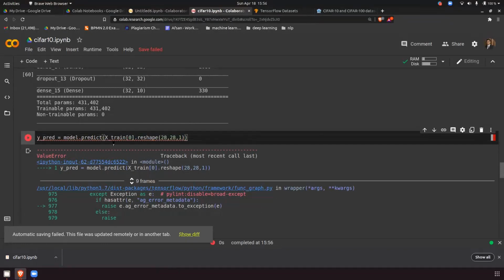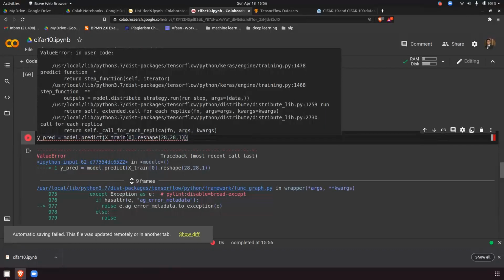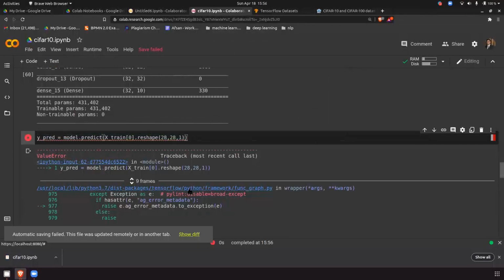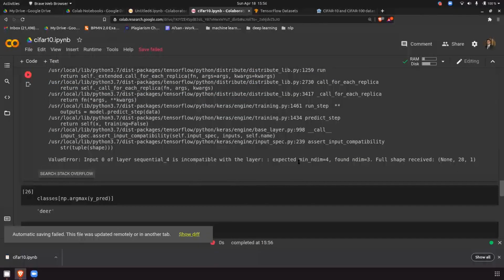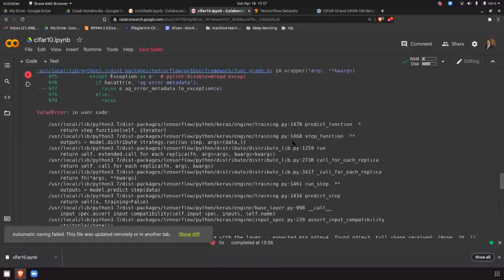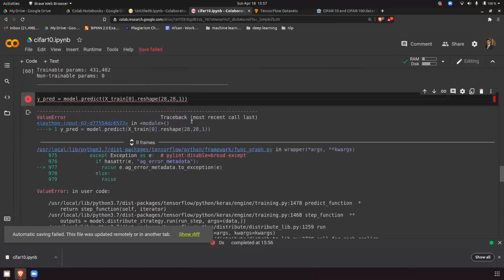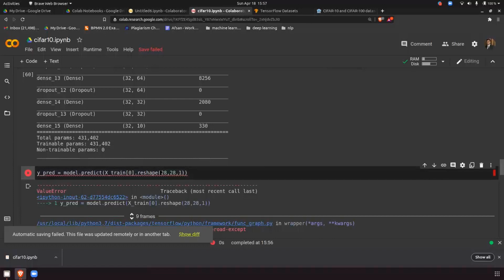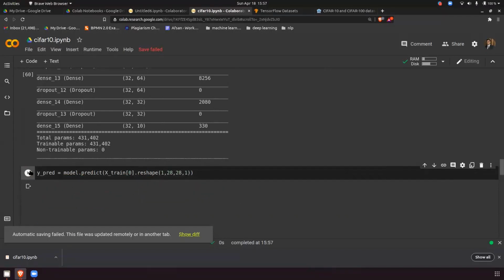So I will repeat my question. If I'm giving x_train and reshaping it to 28, 28, 1, it shows an error. It's a 3-dimensional array. Exactly. You have trained on 4 dimensions, so of course you have to give 4 dimensions for prediction also. So we'll give 1 here because this is a single image. Just change it to 1 comma this. That's it, and when you do a prediction, this is what you will get.